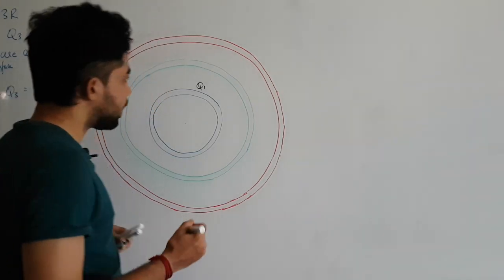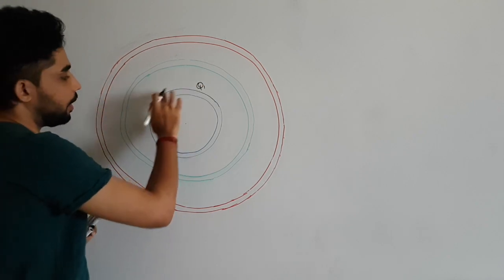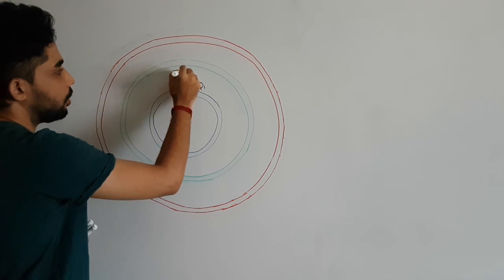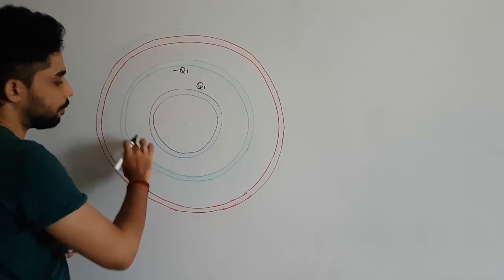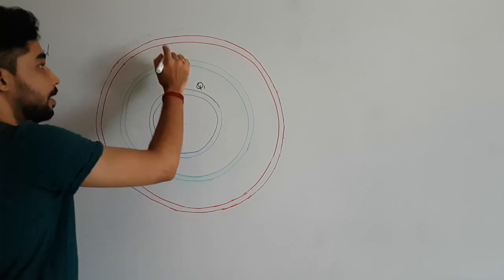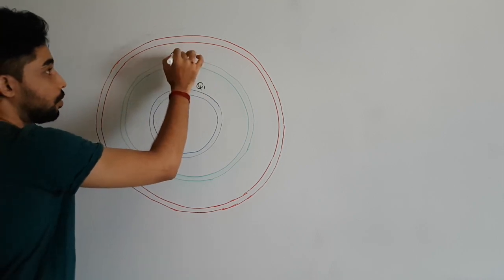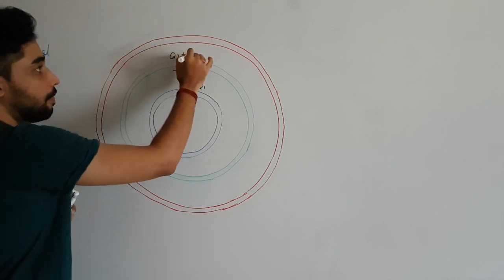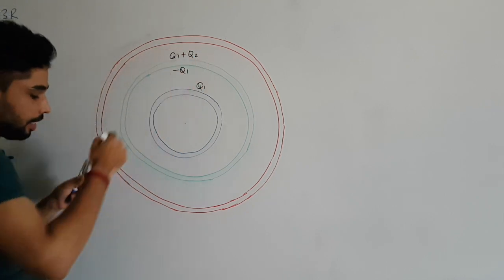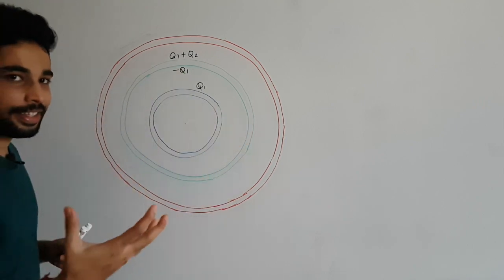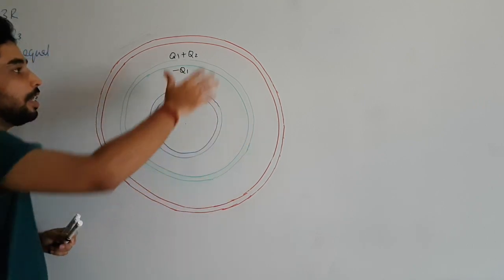So now we understand that because of this charge q1 induced on the outer surface of the first shell, there is going to be a minus q1 induced on the inner surface of the second shell, and because of this minus q1 there is a plus q1 induced on the outer surface of the second shell. Also the charge q2 given to the second shell will come onto the outer surface. Now that you see a pattern, we can simply extend this to the third shell also.